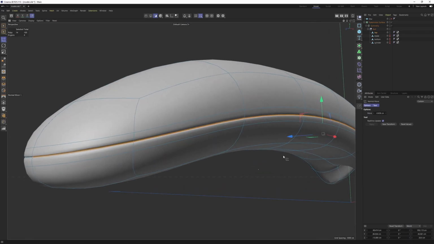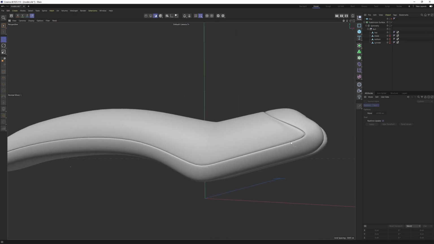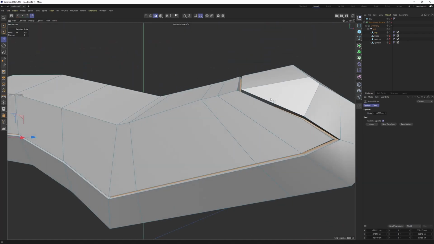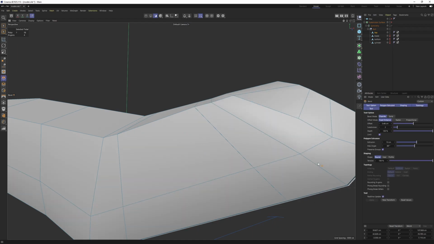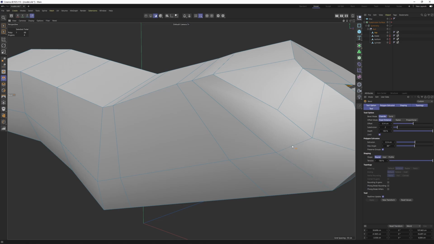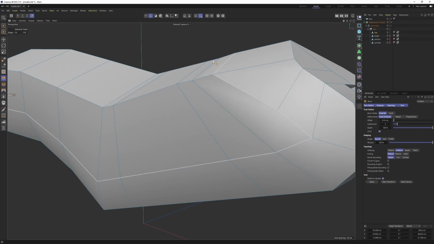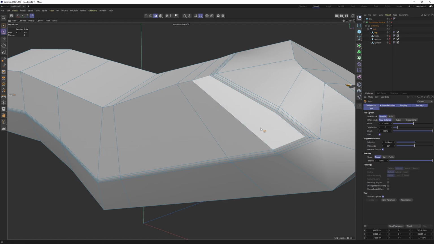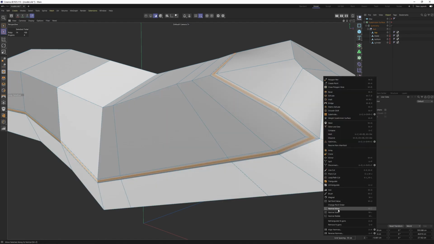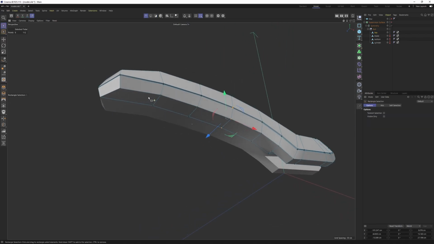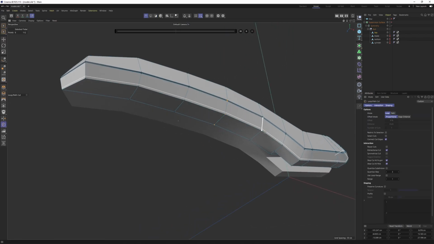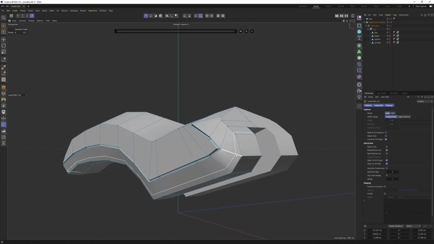Maybe more. Actually, I'm gonna undo and increase my bevel offset. Something like that. Polygon mode, loop selection, and move these. Then we will need these edges to be sharp,